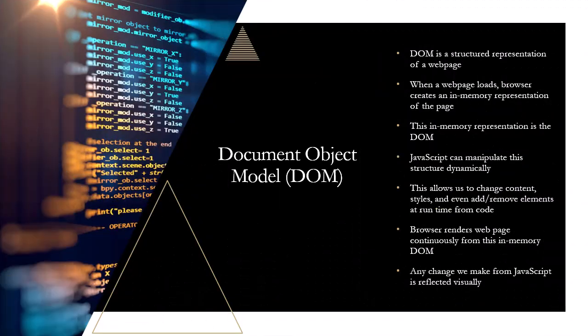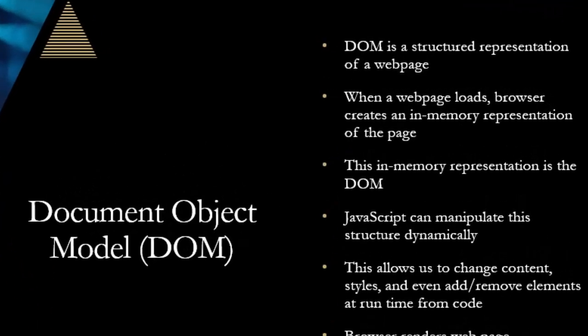The Document Object Model, or DOM, is a structured representation of a web page that JavaScript can interact with. Think of it as a tree where each element on the page is a branch. When a web page loads, the browser creates an in-memory representation of the page. This is the DOM. JavaScript can then manipulate this structure dynamically, allowing us to change content, styles, and even add